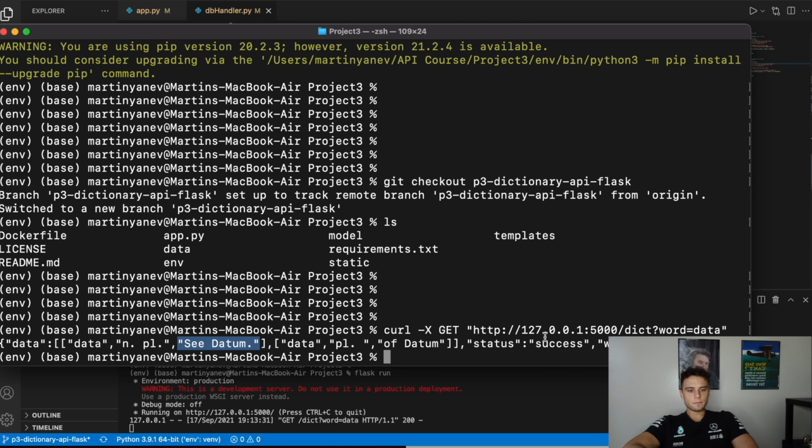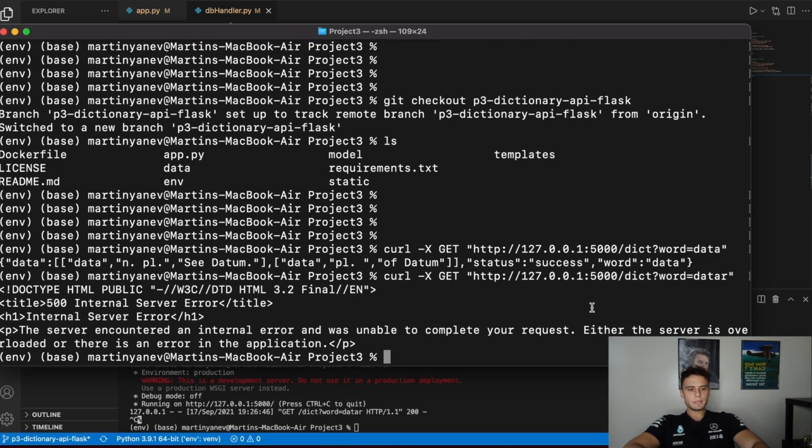You can see that once we wrote this, you see data, and none of those is the full description of the word, and this is because data has multiple matches with different words. So here you can see datum, and here you can see of datum. So instead of data, if we actually do datar,